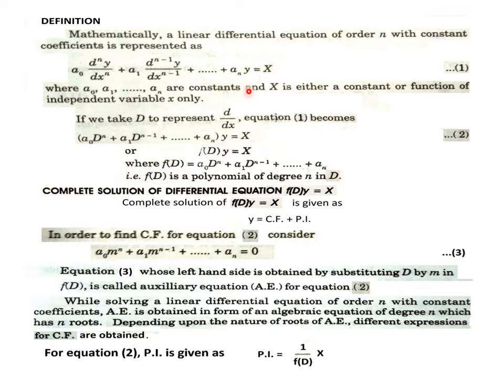equals to the further side capital X, and that bracket can easily be assumed as some function of capital D. So it's f(D), some function of capital D over y, the dependent variable, equals to capital X, function of small x, that is independent variable, where f(D) is that particular expression of D what we assume. And it is easy to say that f(D) is a polynomial of degree n in capital D. So that is about mathematical basics for the differential equation which we are discussing here.